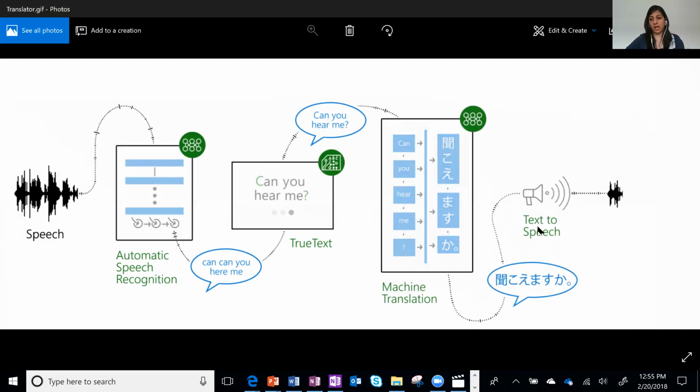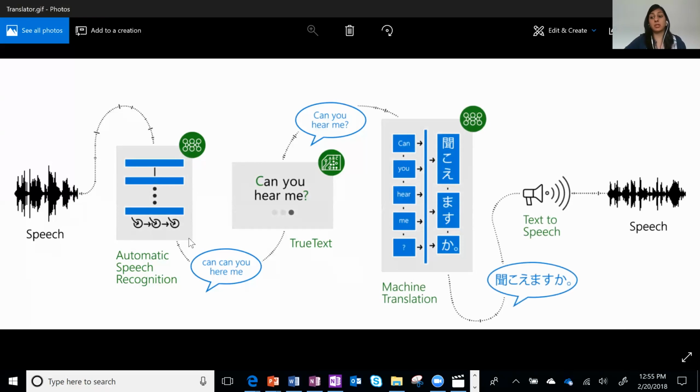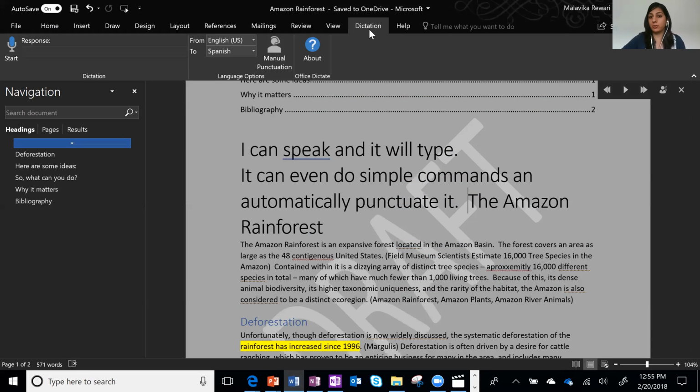So it's not just speech to text. It's actually much more nuanced than that. It's understanding the context of your sentence. It's then operating between the keyboard and the actual disk underneath. So this technology is built into many parts of Office. Like right now, when I was showing you the dictation add-in, it was understanding everything I'm typing and then changing what was being typed based on the context of the sentence.